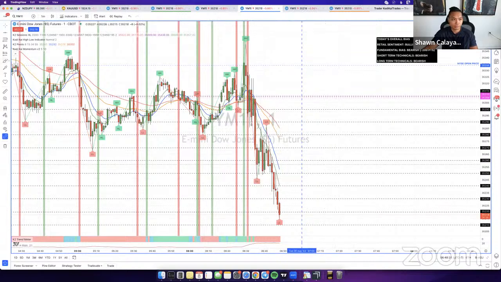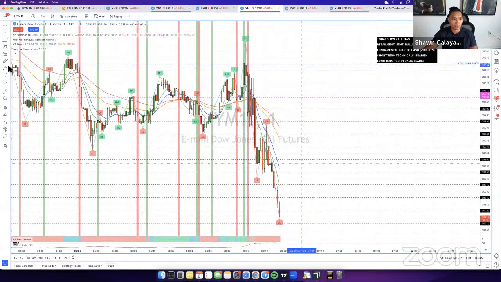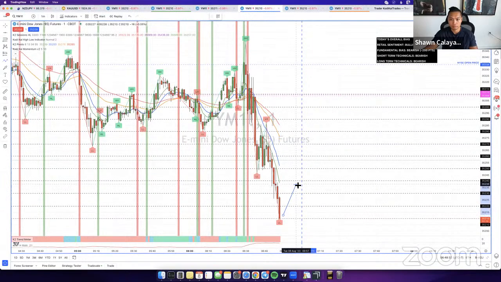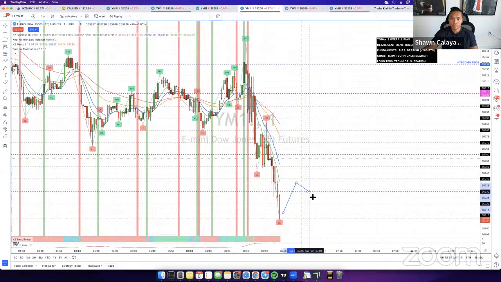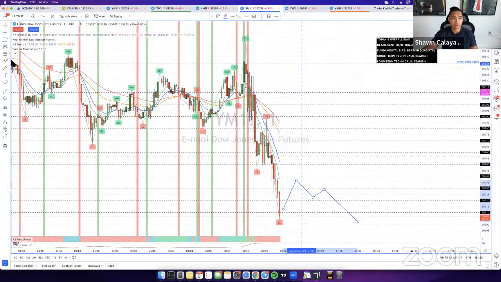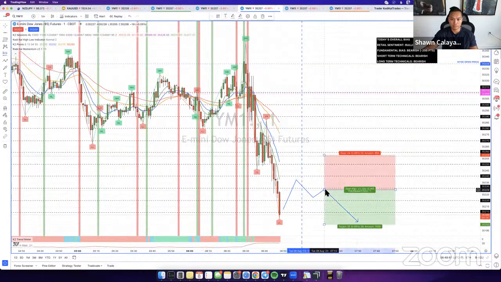All right, price is still dropping. So what I'm looking for here is the retracement, guys. You can see price is coming down right here. I'm looking for price to retrace up with the buy signal, come back down, retrace, and continue down lower. And that's where I'm going to be looking to take my sells.